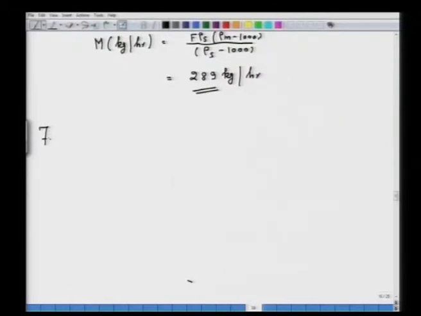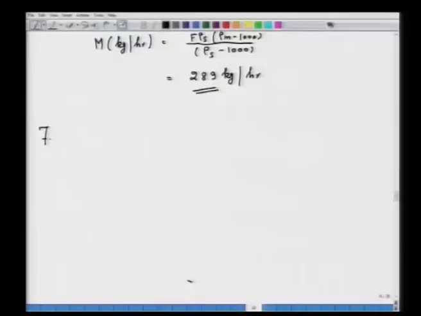Many times two different flow rates are required to be transported. The two different flow rates may have different densities and different percentages of solid. Both of them pass to a pump and then the pump discharges a single stream. So, this problem is that two slurry streams enter a pump and the flow rates of both these streams are given, as well as the percent solid. Now, you have to calculate the tonnage of dry solids pumped per hour.